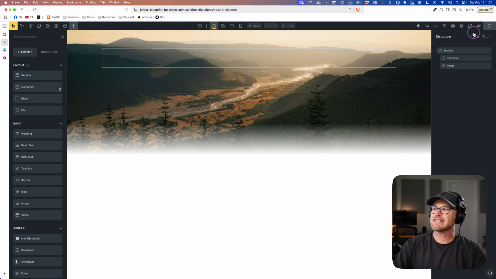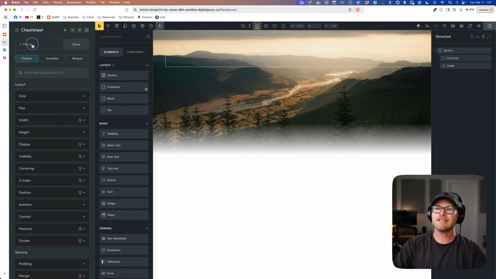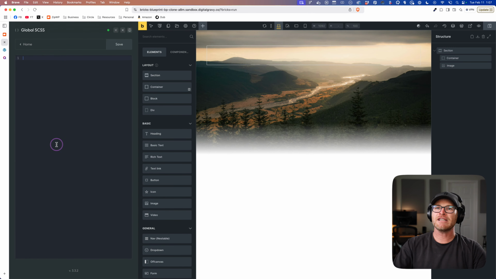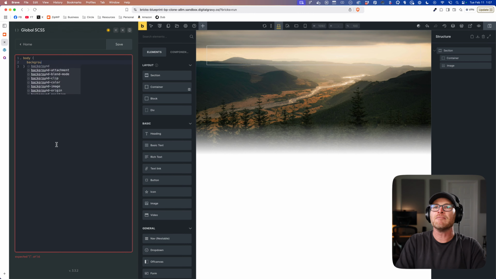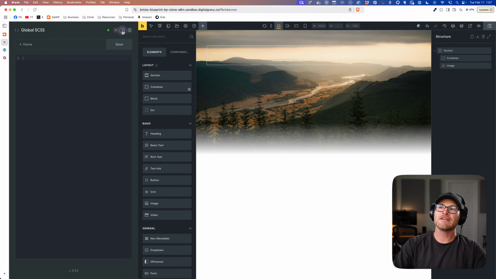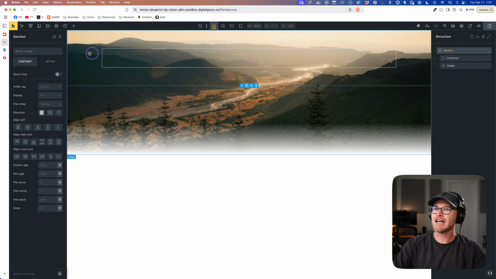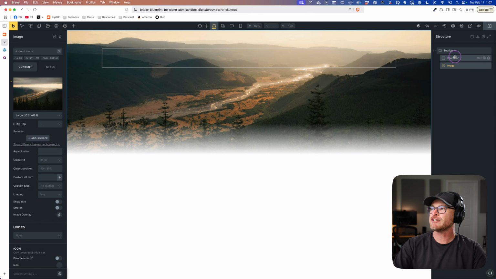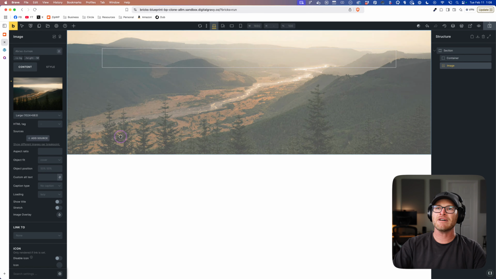God, that's so easy. What, I mean, is it just fading it to white? Is that what it's doing? I don't know. Let's see. Let's go to body. Let's go background of red. Oh, it fades into the redness. It doesn't even depend on the background color. That's fantastic stuff. That would have taken a while to do, you know? But I just did it here with a little class.